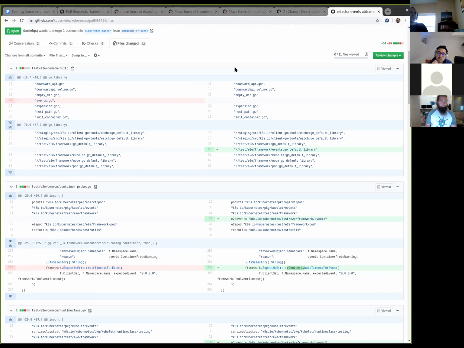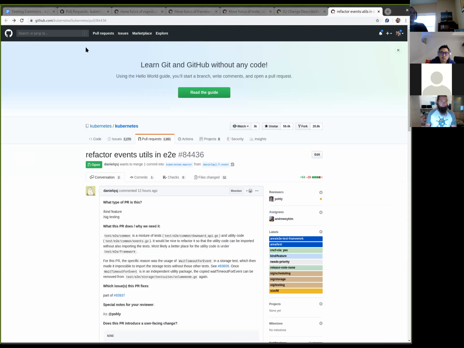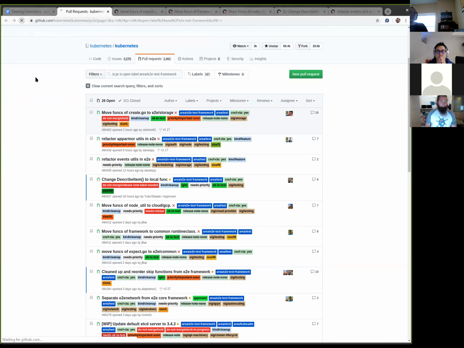But the problem is the dependency graph of vendoring the framework is everything in Kubernetes. So step one is to minimize the dependency graph of vendoring the framework so people can use it outside of the core. That's kind of the end state. People already do vendor it outside of the core, but if you see what they do, it's an abomination of dependencies. So we try to minimize that. Does that answer your question? Yes, thank you.